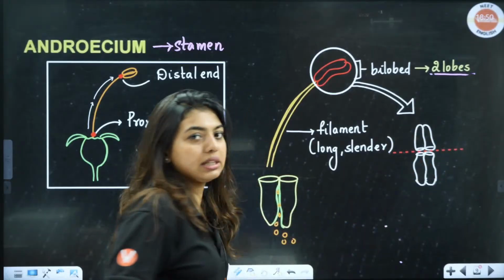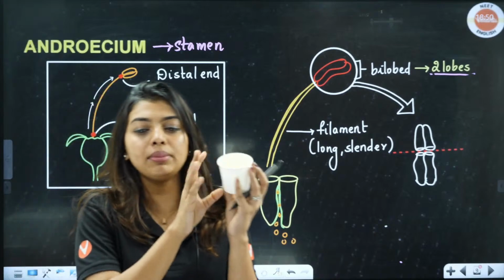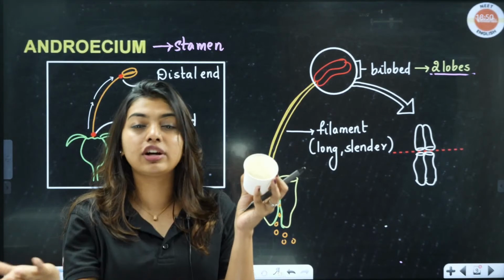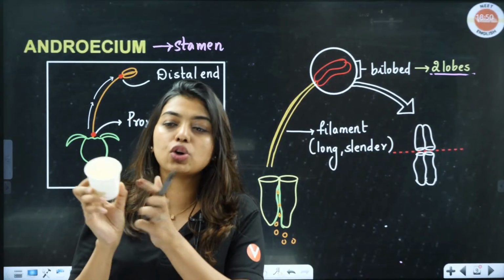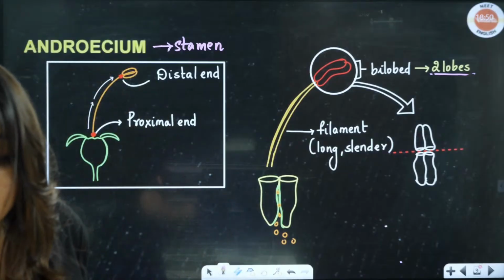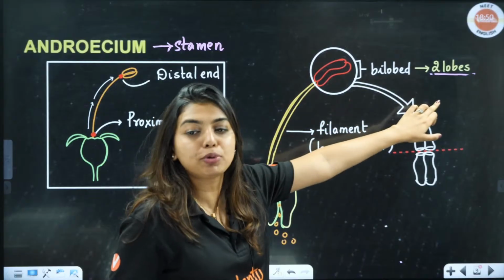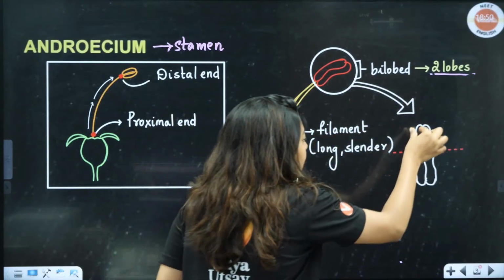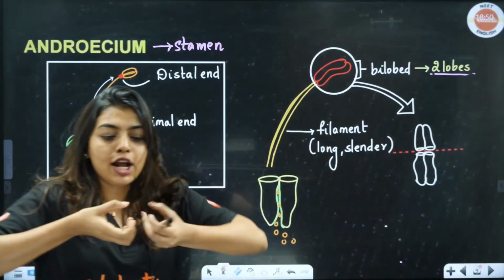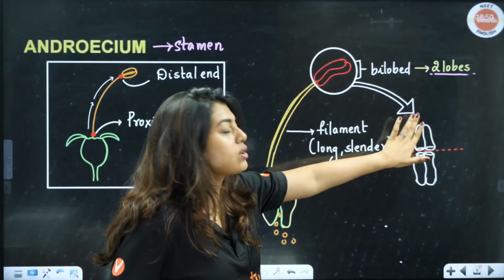Simple, students, do you know what this lobe looks like? Let's assume there is a glass here, a glass here, a glass here, and a glass here. Okay, I do not have that many glasses, I should have bought them. So 1, 2, 3, 4 glasses are there. 4 glasses are there means what is going to happen? Okay, here you see the filament, long and slender, bilobed, 2 lobes are going to be there. Okay, look here, this lobe, if I cut right in the center, it is going to look like 2 cups here, 2 cups down. Correct? So if I cut this right in the center, it's going to look something like this.